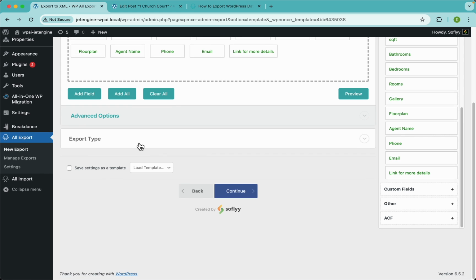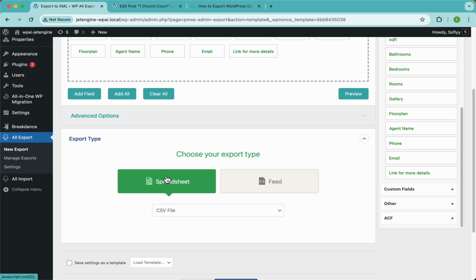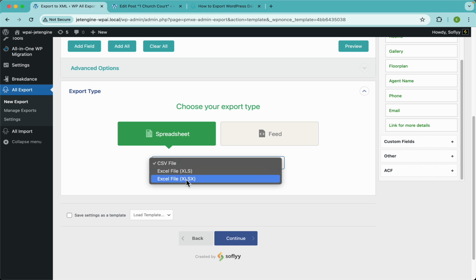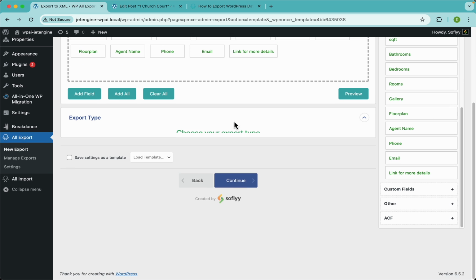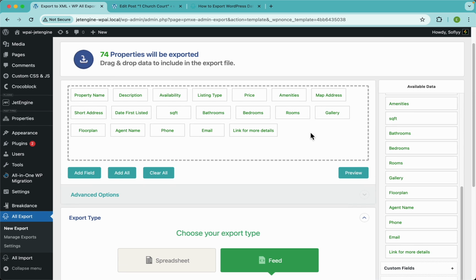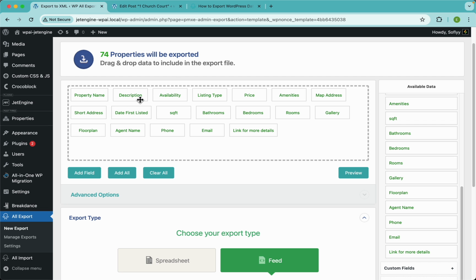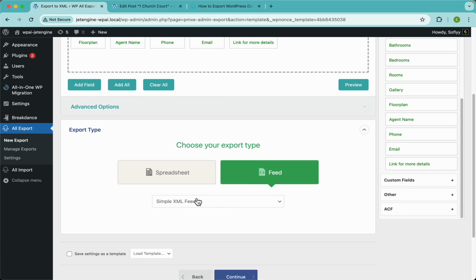Now remember guys, we came here to export JetEngine custom fields to an Excel file. So let's select that from here on export type, spreadsheet, and Excel. Now if you wanted to export all of this in XML, you can do that too, right? Let me preview. And there you go, we have the same elements in the same order in this simple XML